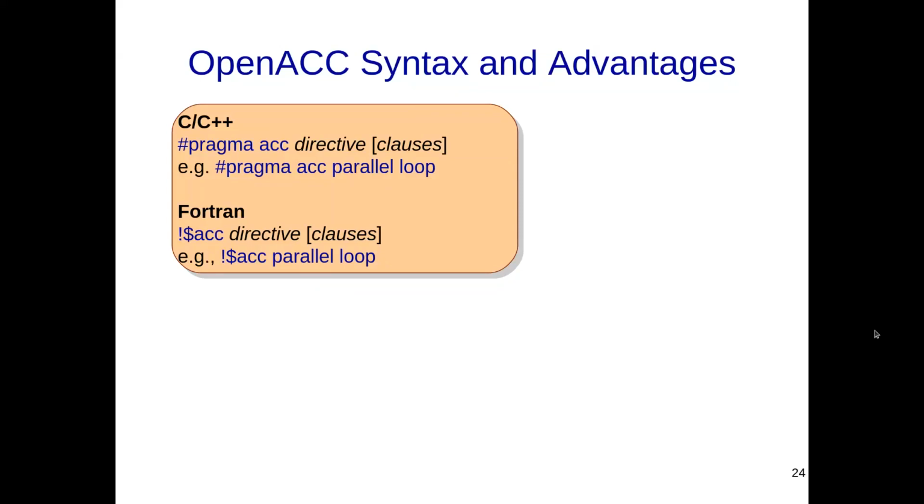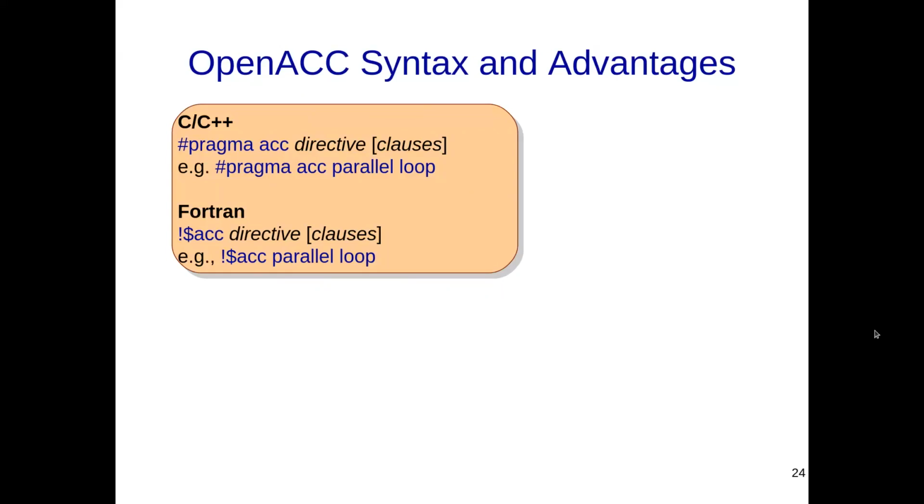Those clauses help you control the execution in a more fine-grained manner. Think about those clauses as parameters which can change the behavior of the underlying parallel computation. In this case, I can say that loop is coming as a clause, but loop is also a directive. For example, you can have hash pragma ACC parallel and hash pragma ACC loop. Both are essentially directives, but you can have more specifications which specify, for example, certain